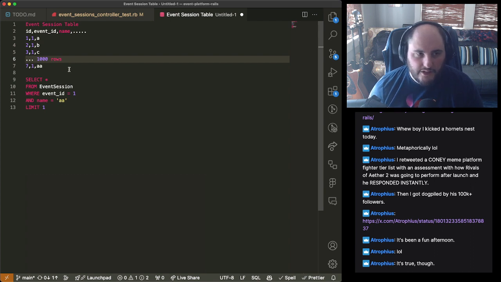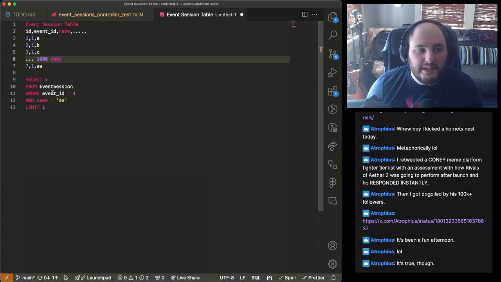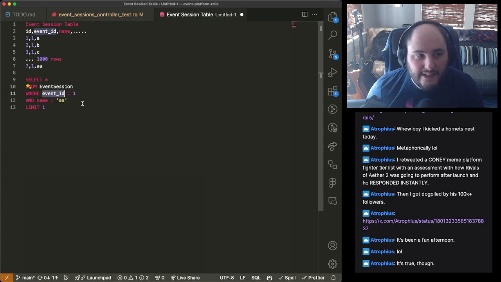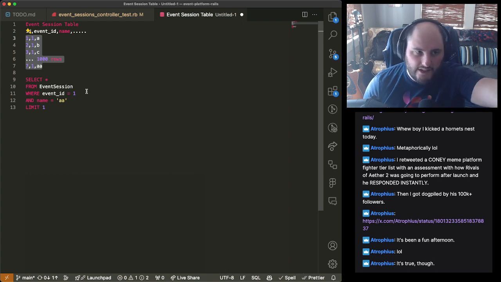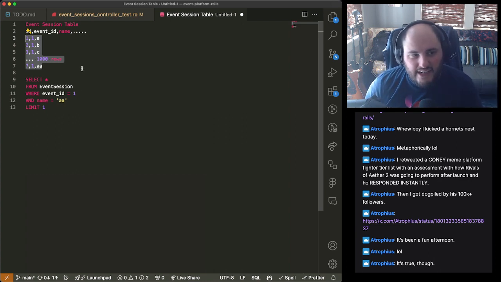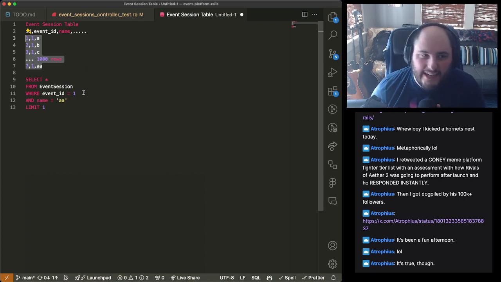So arguably what I should do is create an index that allows me to filter on. Now you might be like, wait, why didn't it look through all the twos? Well, it was because I do have something called an index on event ID. And that index says, hey, I can quickly get to this subset, which is great. But maybe I need to have an index on ID and name so I could do those lookups. At the same time, I haven't written any production code that actually does this query.